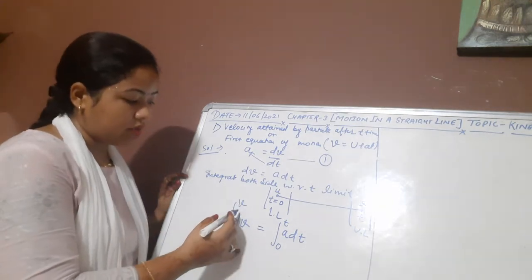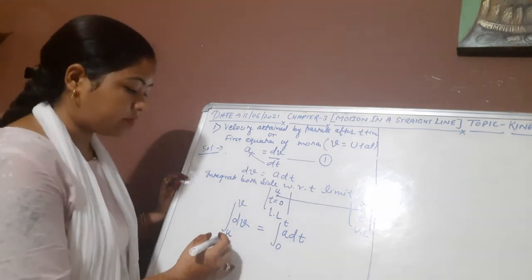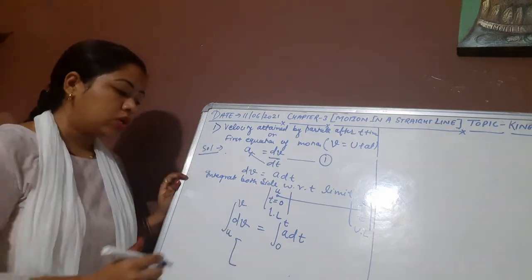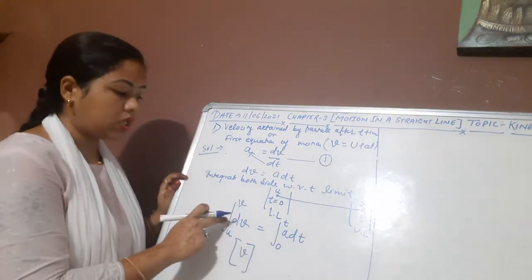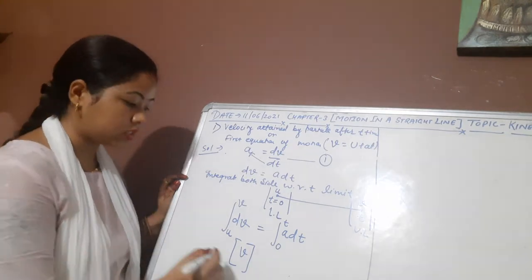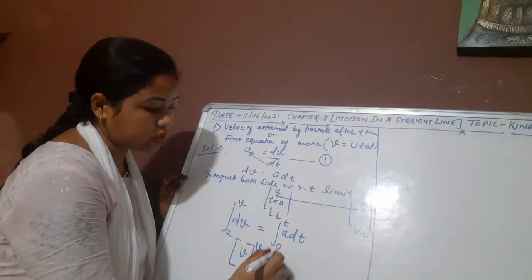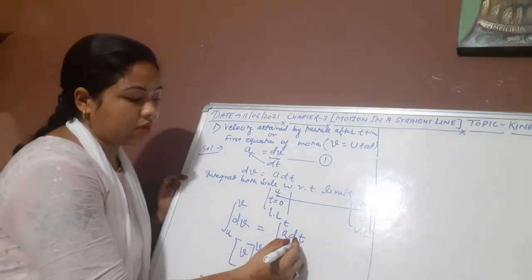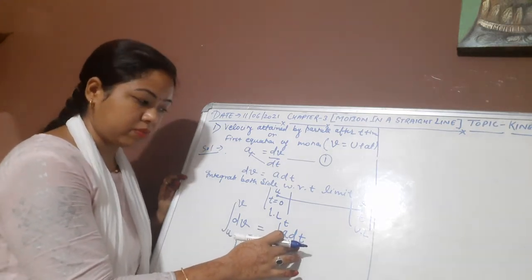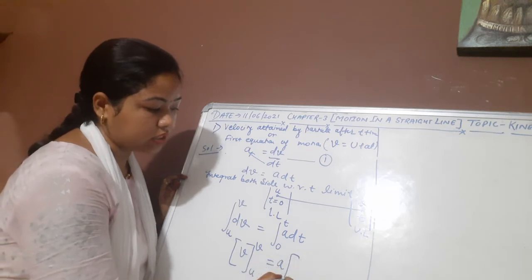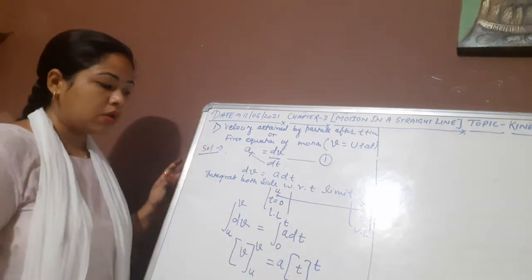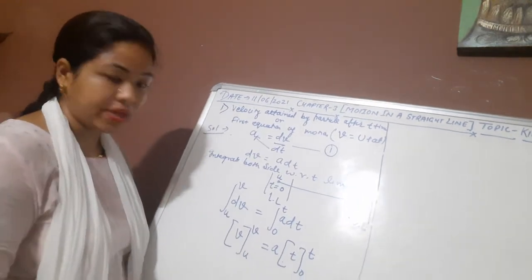So at the left side we are having the derivative of v only. That's why whenever we integrate this, we'll only have v. So integration of dv will be v, with the help of the very first rule, the very first theorem of integration, then u to v equals to, now on the right side we are having the derivative of time. That's why this a will be treated as a constant for this derivative only, right? So a will be out from the differentiating, and integration of dt will be t within the limit 0 to t, right children?